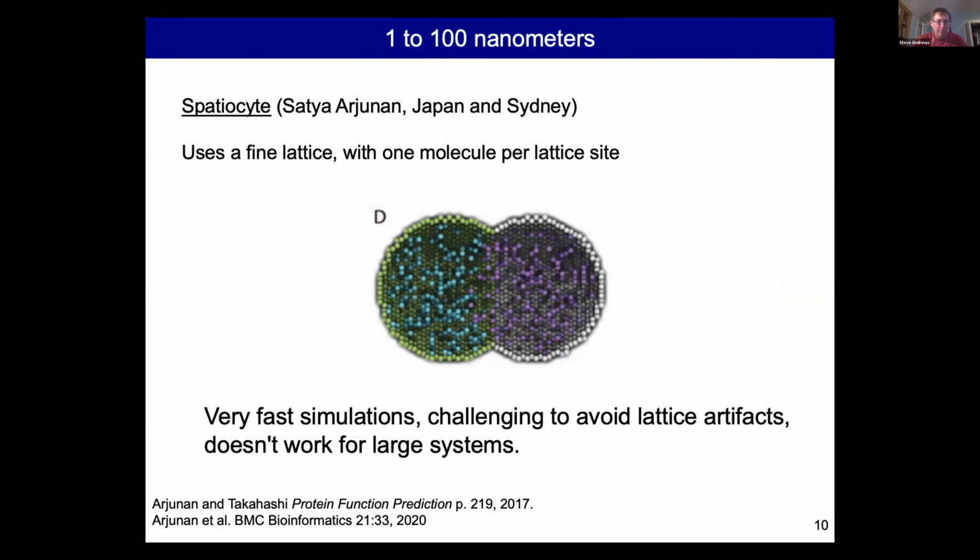But the challenge is, though, this lattice has potential for introducing lots of artifacts. Getting reaction rates to be correct with that is hard. Diffusion is pretty easy, but getting interactions with reactions and surface interactions, those rates are hard to do correctly. I hope I'll solve this point, but that was hard to get. And it still has a smaller size scale because you have the size of one molecule times your dimensions to the 3rd power. So you get huge memory demands for large systems.